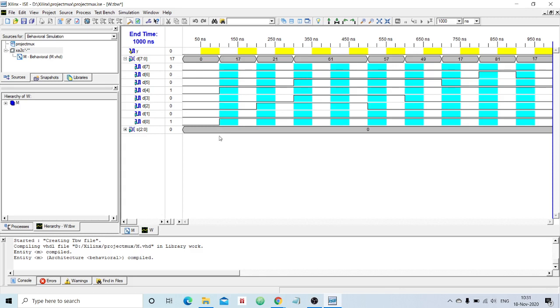So how to provide the value for the selection line? It is very simple. Initially look at the selection line gray box. It has a value 0. So initially the selection line value is 0. Now I want to make the selection line value 0 up to here.